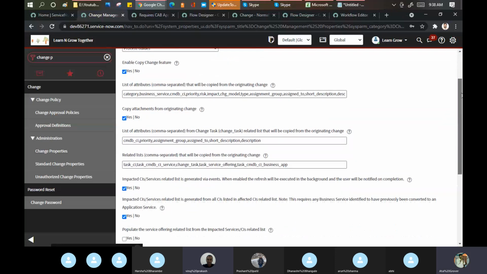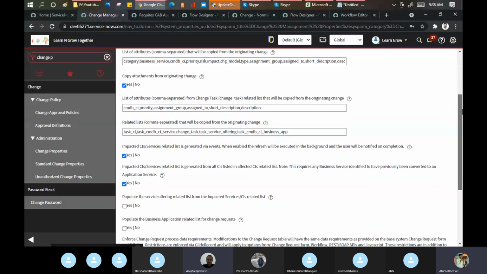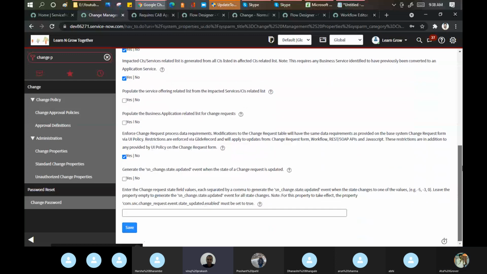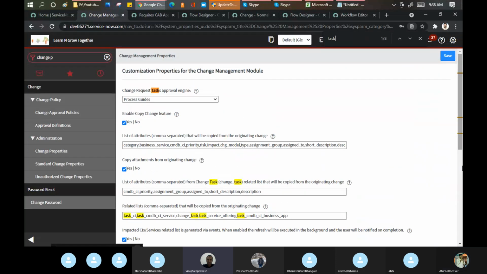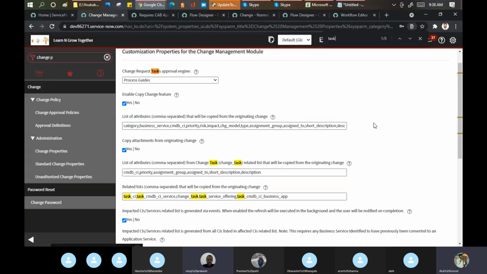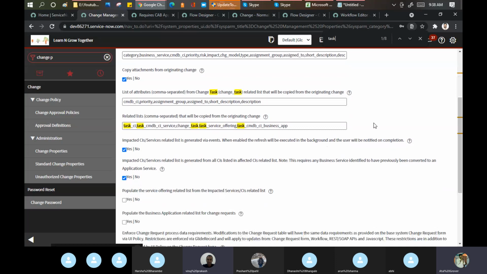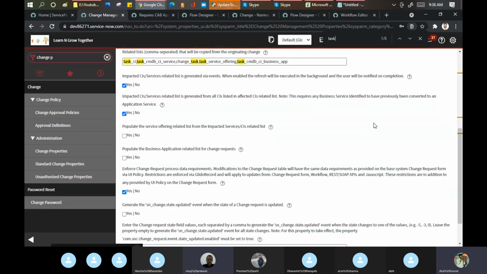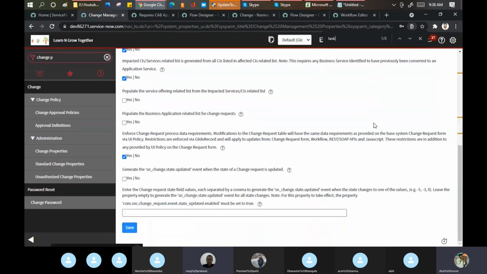See, is there anything which says task? Approval engine, no task, no. Active offering, no. Business application, no. Because there's one property as well which enables the task.